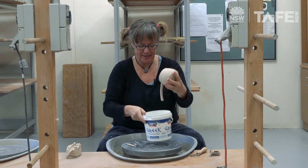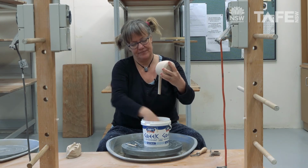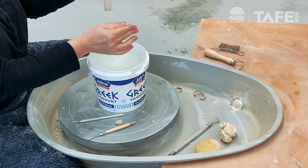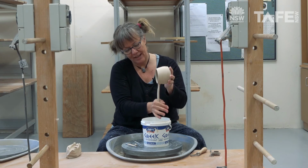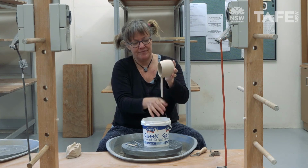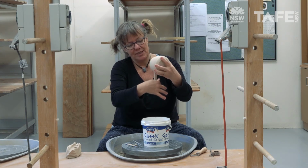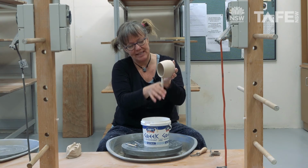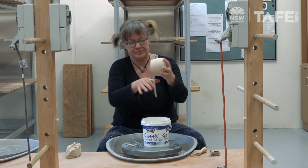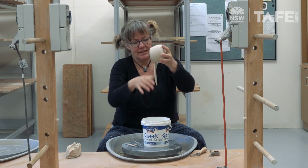So I'll get the water close. I'll just get some water onto that handle. And I'm just lightly pulling through this part between my thumb and finger, just doing a light pull to get a little bit of taper happening down the bottom here. So I'm not squeezing a lot at the top, but I'm squeezing a little bit more at the bottom, and you can see how it's becoming a little bit like a pan handle. And then once you've got that nice taper going,